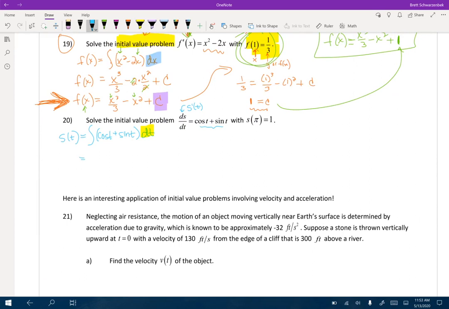Can we find the derivative of some function to get cosine directly? We can. It's sine, because the derivative of sine is cosine. Now, what about sine t? Can we find sine t directly with a derivative? No. Why? Because the derivative of cosine is negative sine, which means if I'm going to take the antiderivative of sine, I have to take the negative root and do negative cosine t, and then we're going to get plus